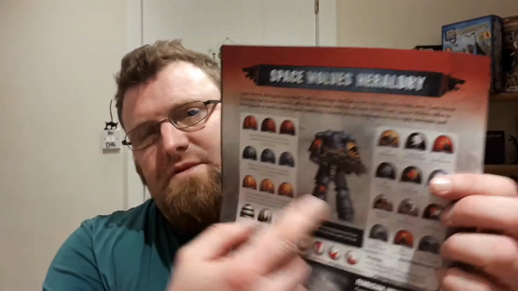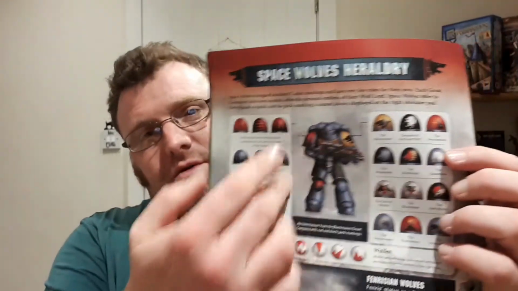Yeah, Space Wolves are one of the original founding chapters. They have their own Primarch, and as you can tell, their stuff looks very different. They don't have the arrows and the crossed arrows and different shoulder trim for different things. They've got their own unique set of heraldry, red and black,